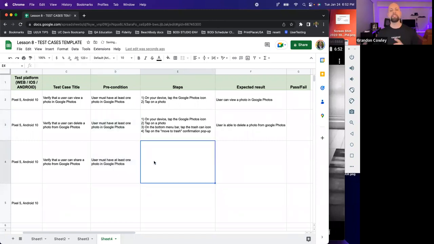Now, does every test case have a precondition? No, it does not. As is often the case, there will be some sort of a precondition. But there are times where it's just not necessary. Say you wanted to test user creation, like verify that you can create a user account. You don't need a precondition for that, and you don't need to write that the user does not have a valid account. So in that situation, there is no precondition and you just want to go through the account creation flow.